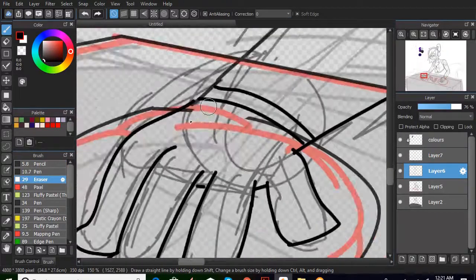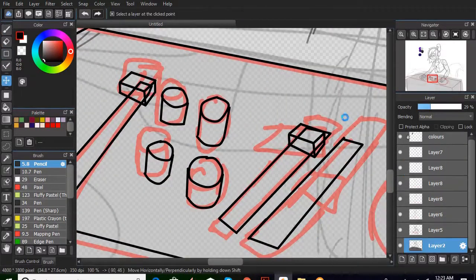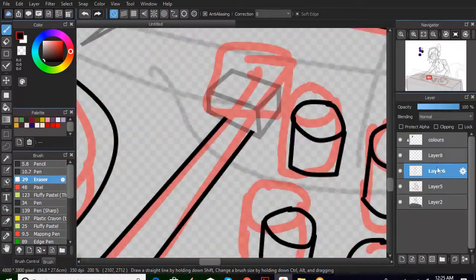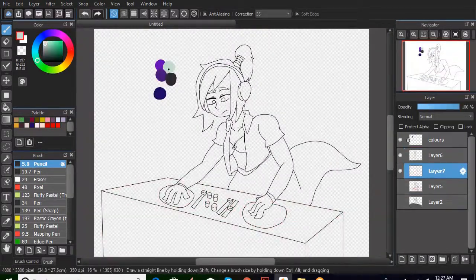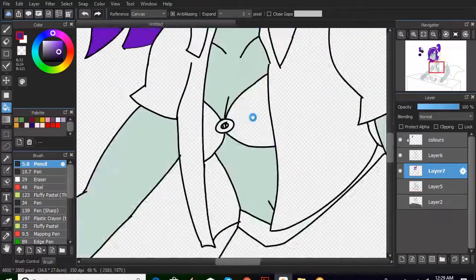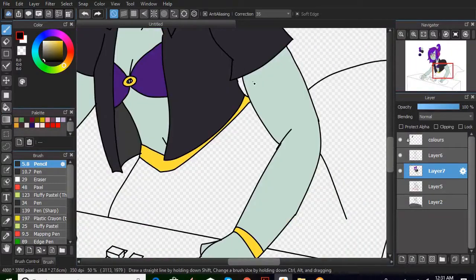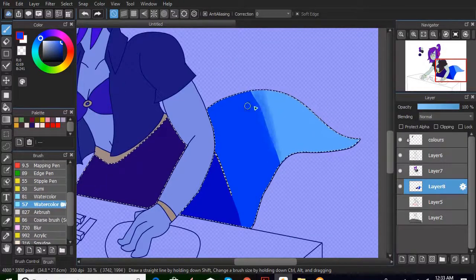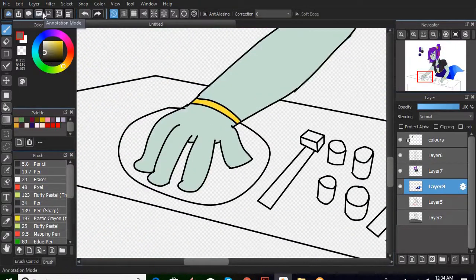Anyways, I continue to struggle on this stupid turntable. I kind of cheat a little by drawing the little dials or handles and copy and pasting them. Anyways, I finally finish with outlining, and coloring comes next, which I pretty much just do with a bucket tool, except for the Genie tail, which I try to blend in with a little watercolor effect. Anyways, I just continue on coloring, and